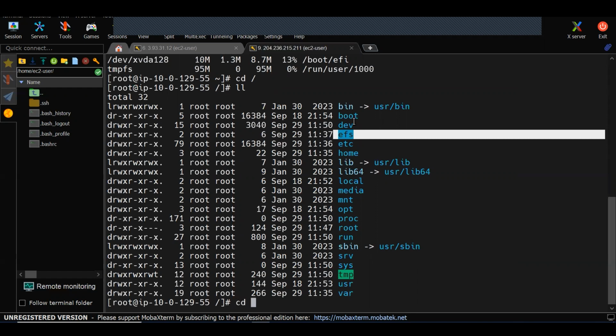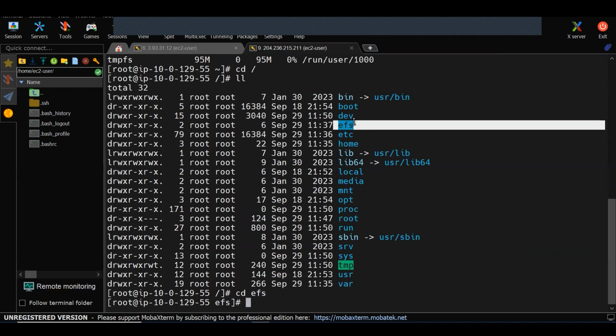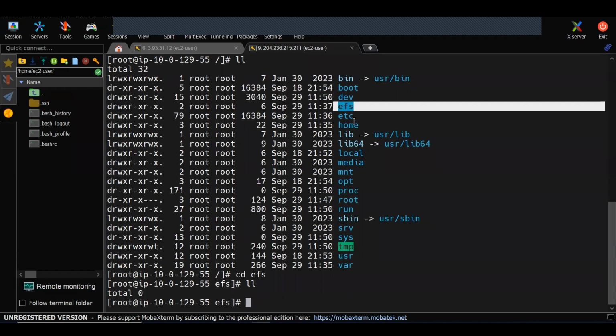Okay. Go to EFS. Like before, we come and see, right? Here in the EFS folder, data will be there, right? We'll go and see now. Will it be there or not? Data will be present in the EFS folder. Right. Correct. Sure. Where is the data? So what do I need to do? I need to mount. Where is the command?